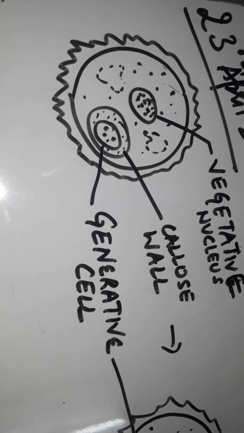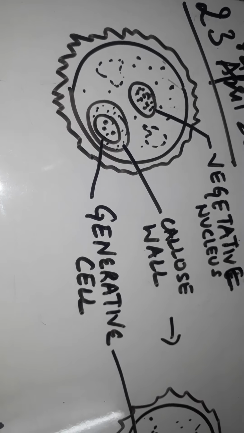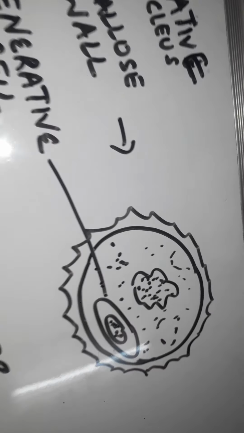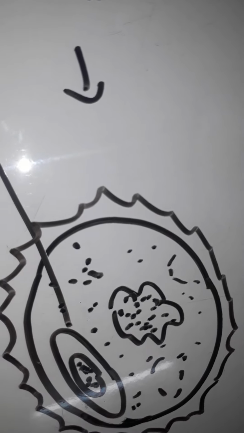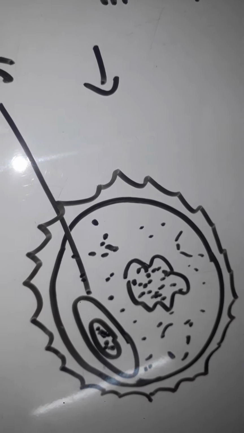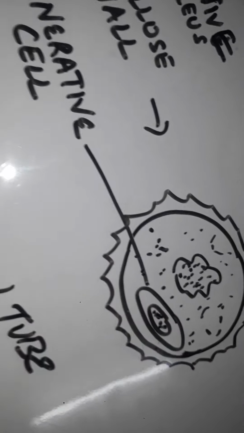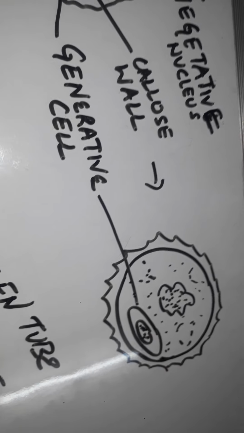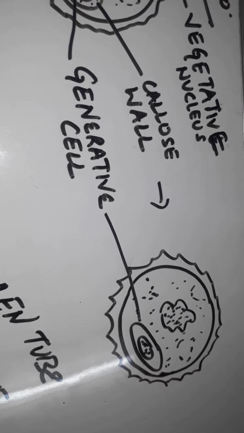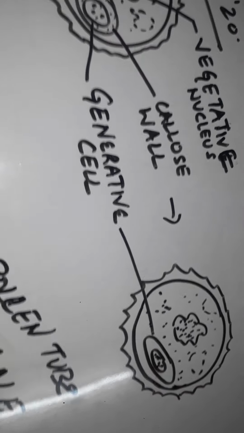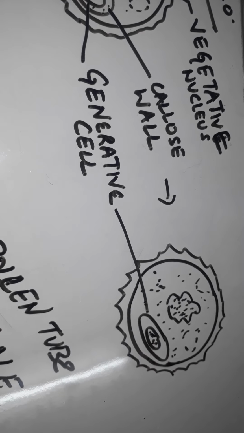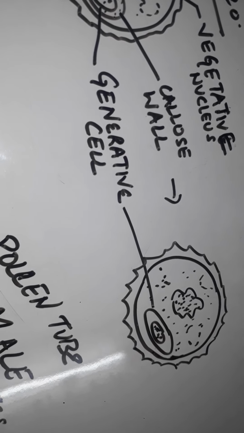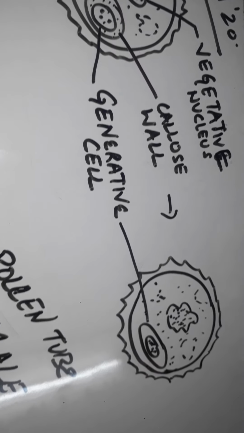As you know, the cytoplasm of this vegetative nucleus is full of vacuoles. That means it is rich in nutrients. It will keep on absorbing the nutrients and will become irregular in shape like this. At this stage, the pollen grain may be shed. If it is shed at this stage, which is having one vegetative and one generative cell, it is called the two-celled stage. If it is shed at the three-celled stage, that means one tube cell plus two male nuclei of the generative cell will be formed.